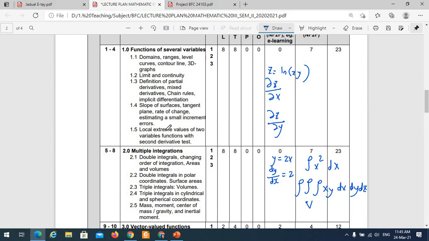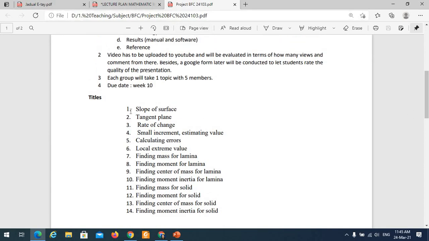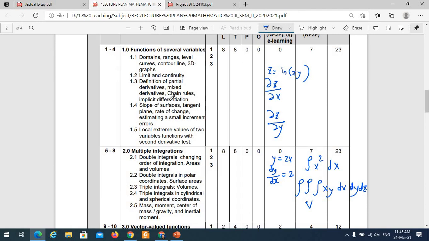So the meaning of lifelong learning, we will teach you 1.1, 1.2, 1.3. And this is application. Each group with 5 persons will pick one topic, for example slope of surface. The topic under the project we won't teach you. We'll teach you the basics, how to introduce the function of several variables, and all these things,